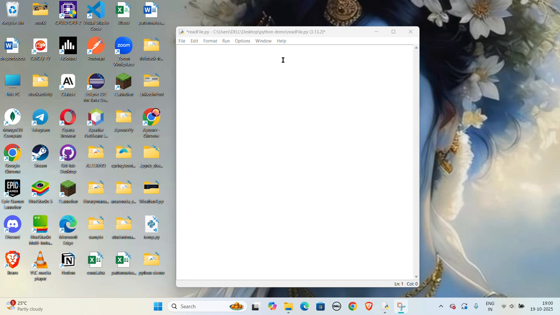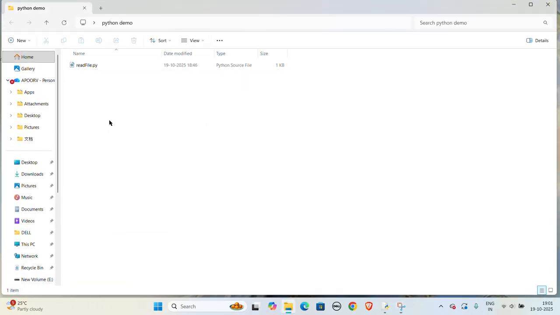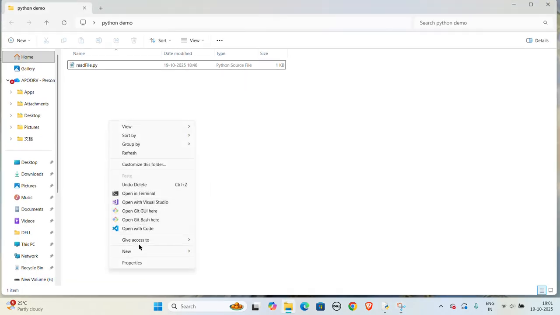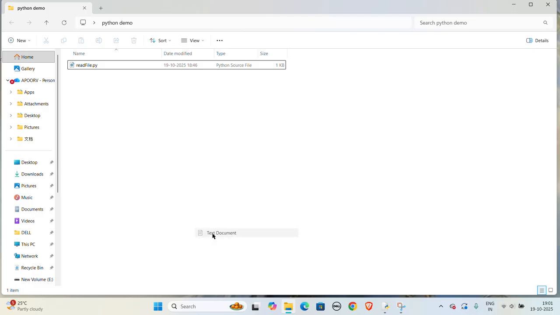Today in this lecture we are going to learn how to read a text file using a Python script. For that we first need to create a text file. Here in this folder, let's create a new text file. Let's name it file.txt